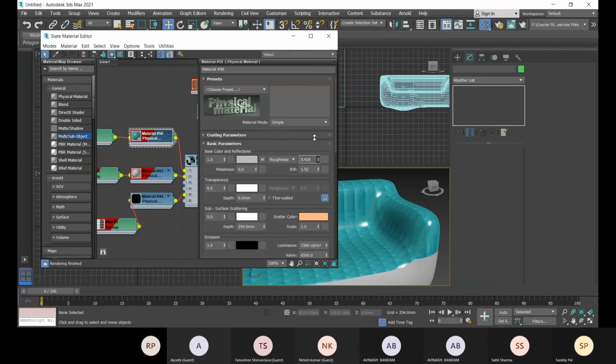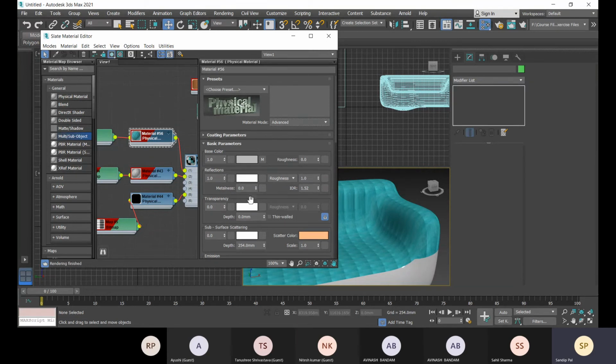Okay, more roughness you have to increase. All right, and if you need more advanced option, you can increase, and there will be no such reflections, so that you can provide.